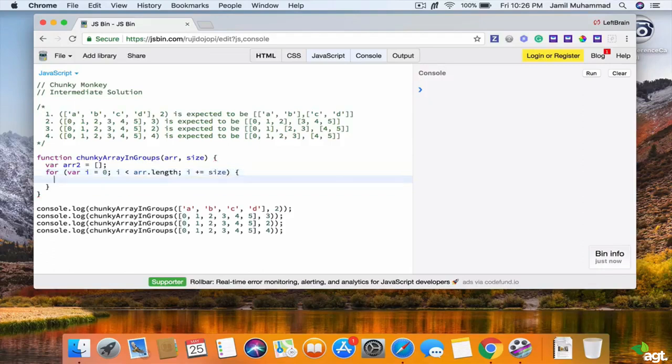So incremented by size, and then array.push